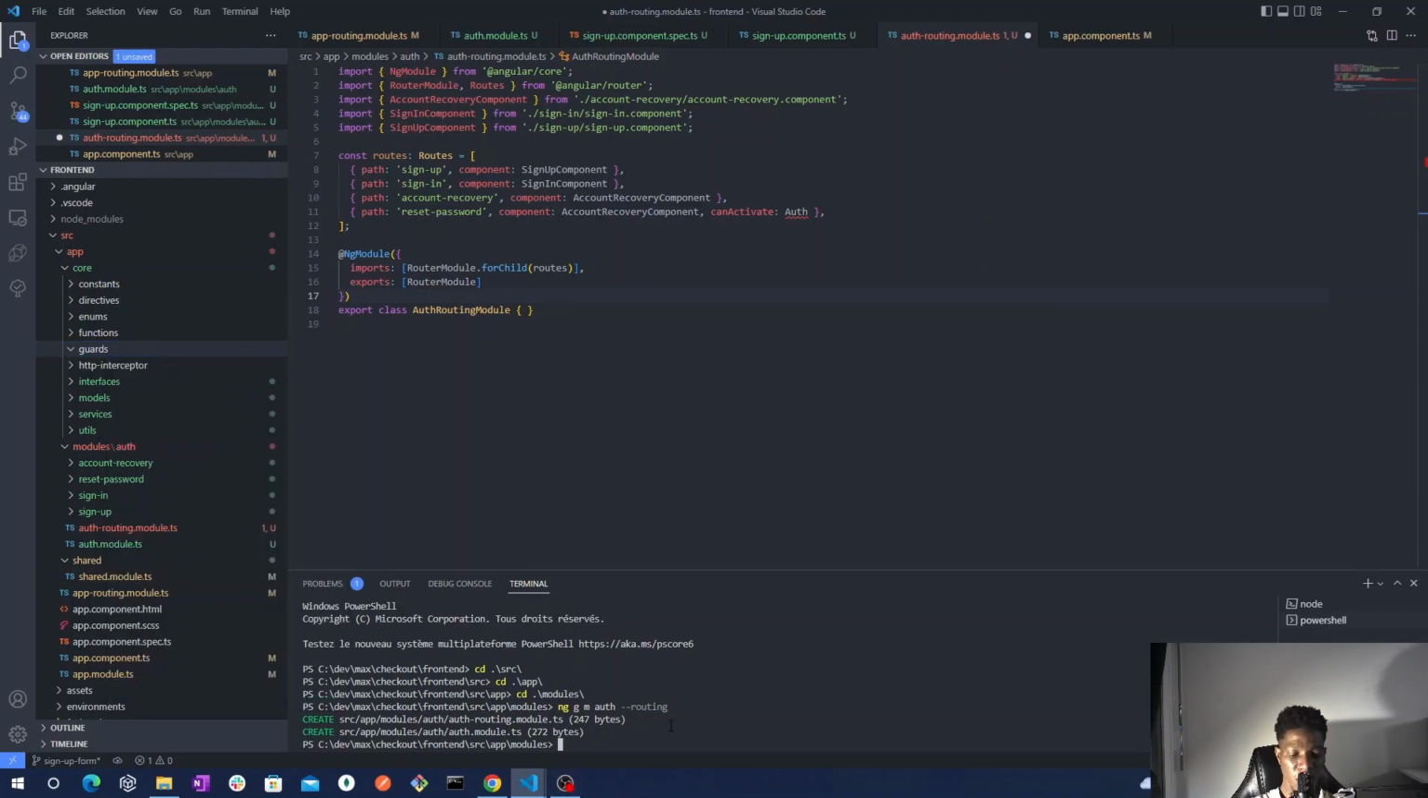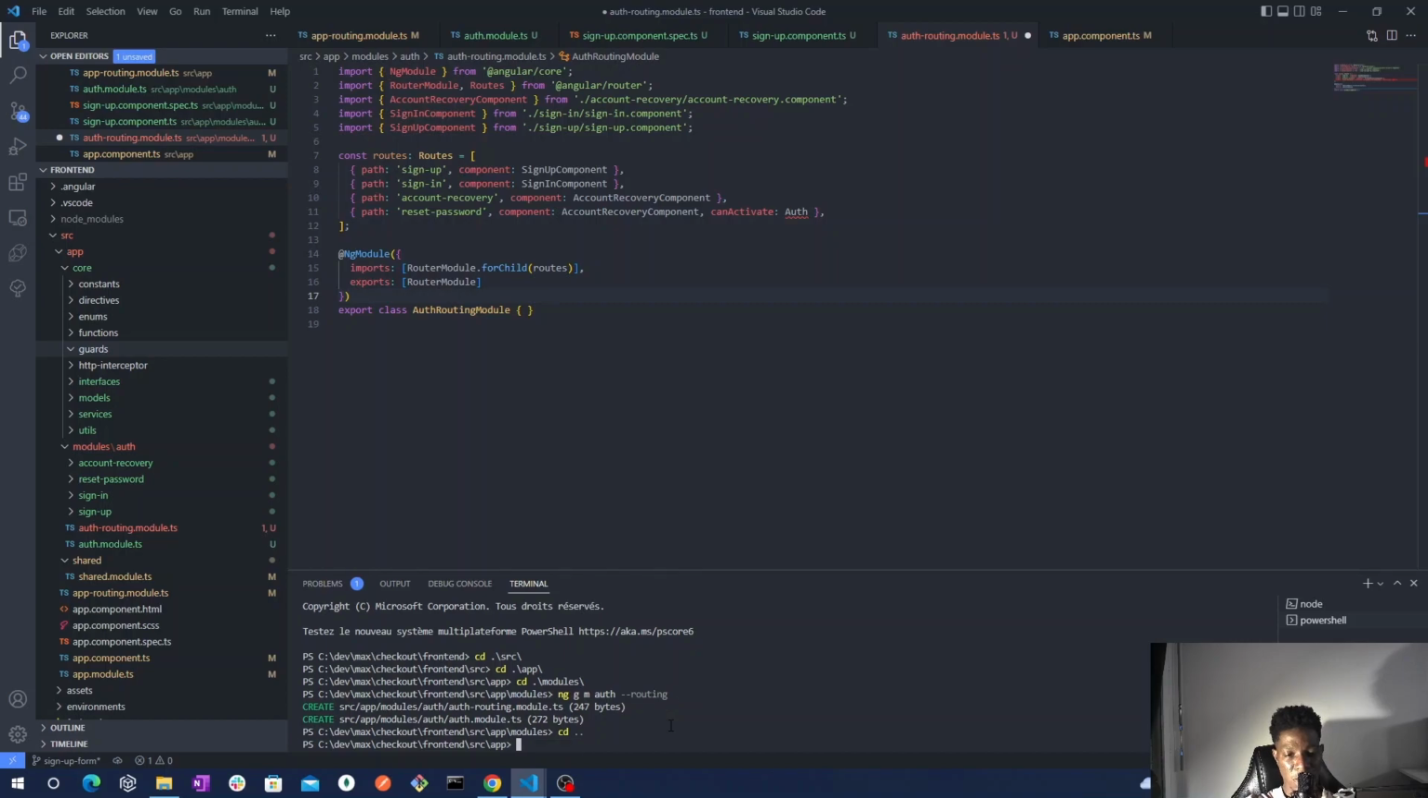So you just need to navigate outside the module and re-navigate inside the core folder and inside the guard folder, because I already made a guard folder in the boilerplate. So you need to navigate inside the guard folder and hit ng generate, the shortcut. You can use g a guard, so you can use